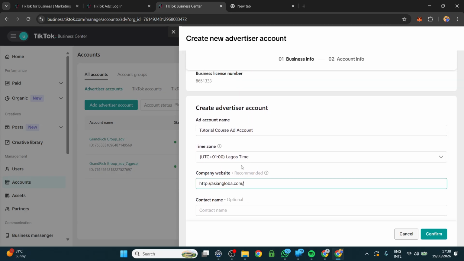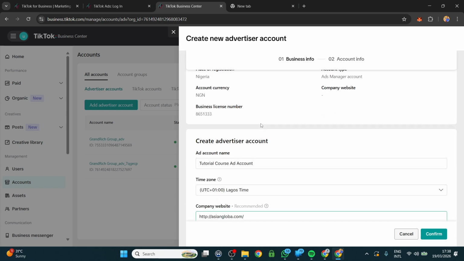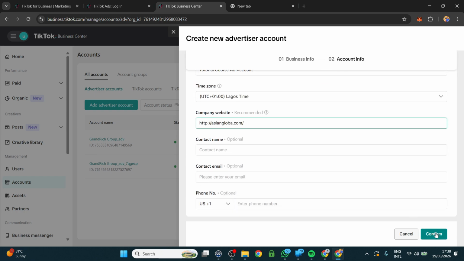So the major thing here is your time zone. Time zone is very, very important because your ad account is going to be domiciled in your country's currency and also your country's time zone. If you do not select the right time zone, it's going to affect you when it comes to making payments for your ads. So if you have done this and everything is correct, the next thing is to click